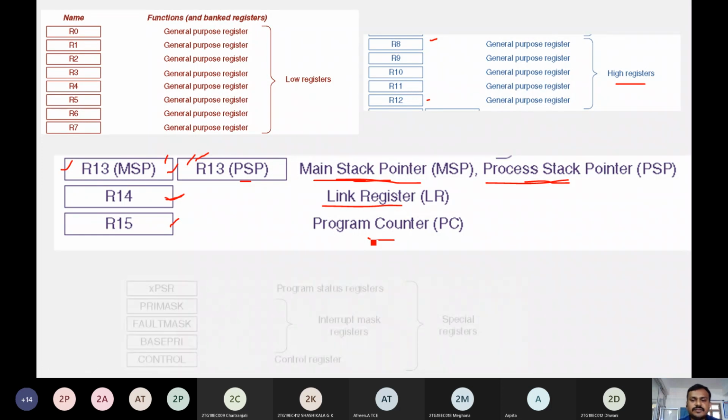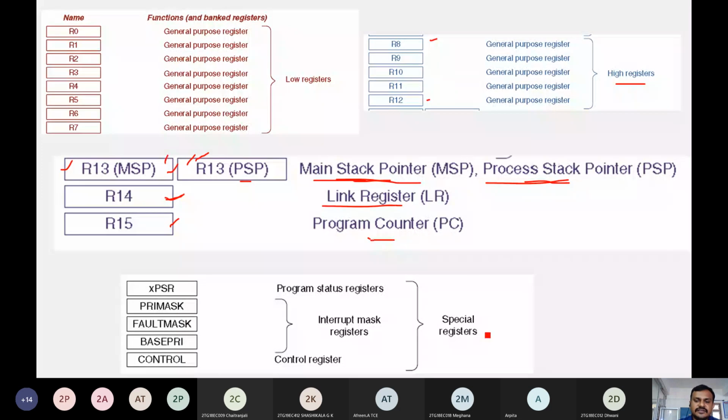Then we have some special registers in this Cortex M3 processor. These special registers are the program status registers, a combination of many registers: XPSR.